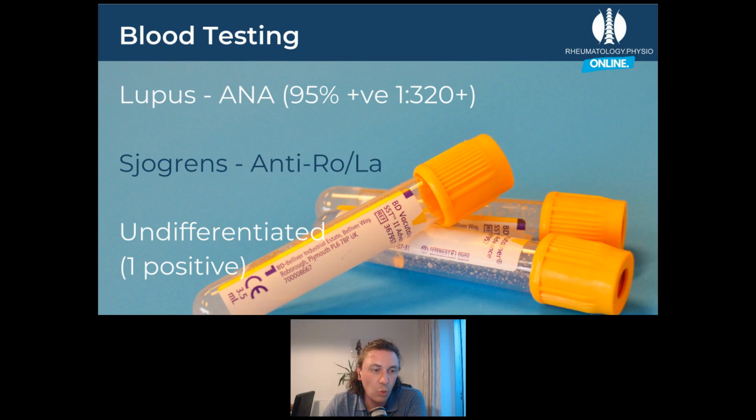In the undifferentiated cohort, then you might see one of these positive blood results. There are others implicated as well, but they're not usually done in primary care. But you might see that. So it doesn't help you that much unless you see a strongly positive ANA. Then that might help you as well. But what I'd be really looking for is just noting down that the patient maybe has an undifferentiated connective tissue disorder, but it likely is something else or whatever it is. And those are the kinds of patients I'd be having clinical conversations with